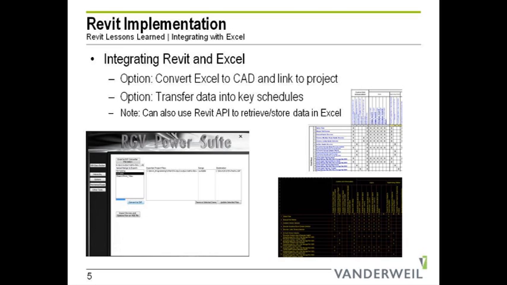Another option, which is already out there and free for download, is scripts that can transfer data from Excel into a key schedule. If you're not familiar with key schedules, it's basically a schedule that's not necessarily tied to entities in your model. You can basically add as many rows or as many columns and just type data in there. It's something where you can just type the information in as opposed to having it linked